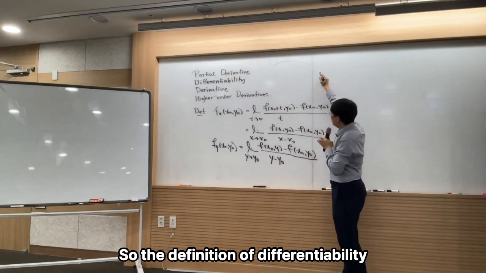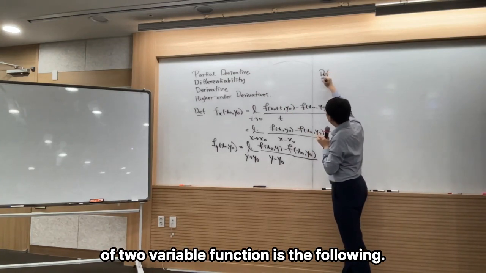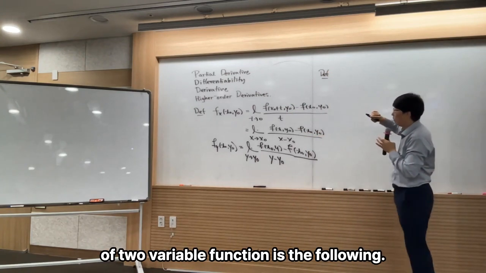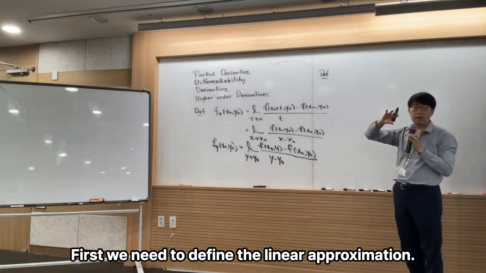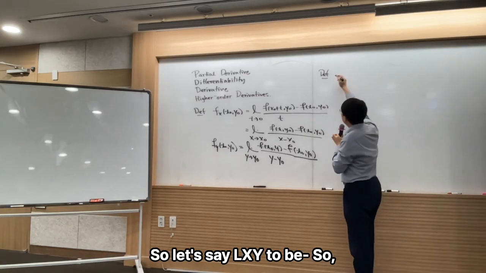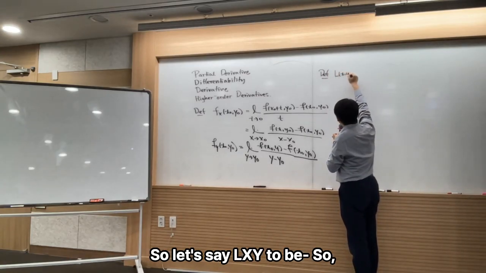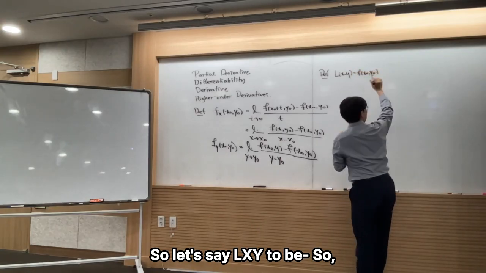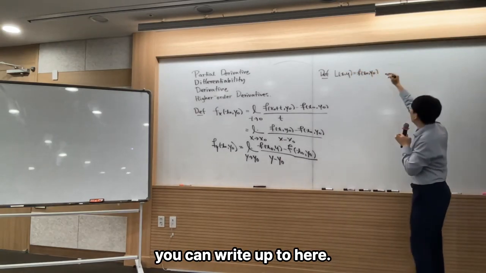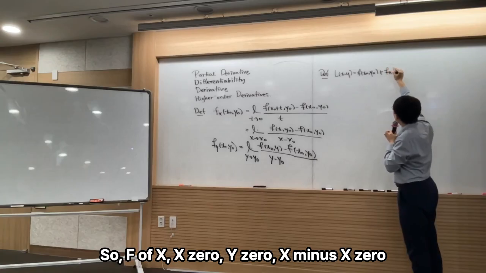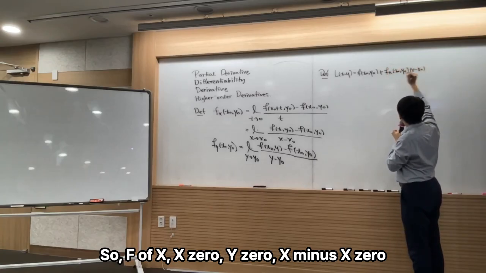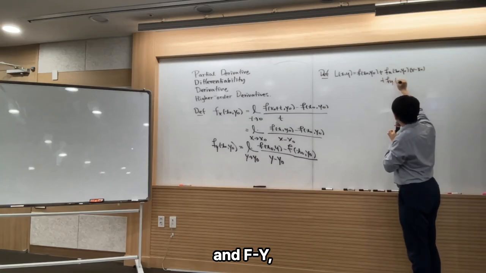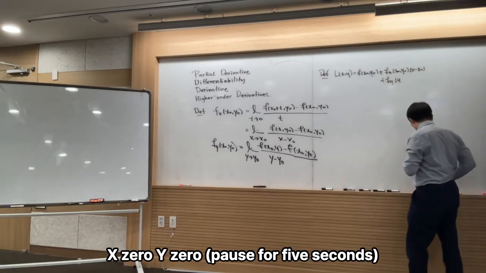The definition of differentiability of a two variable function is the following. First, we need to define the linear approximation. So let's say L(x, y) to be, I can write up to here, f(x0, y0) plus f_x(x0, y0)(x minus x0) plus f_y(x0, y0)